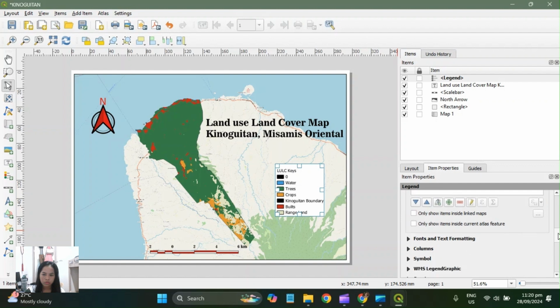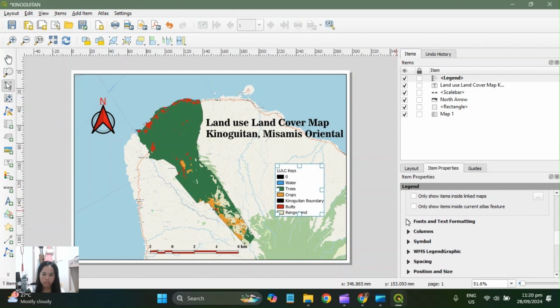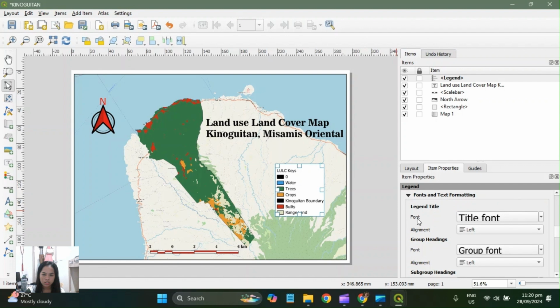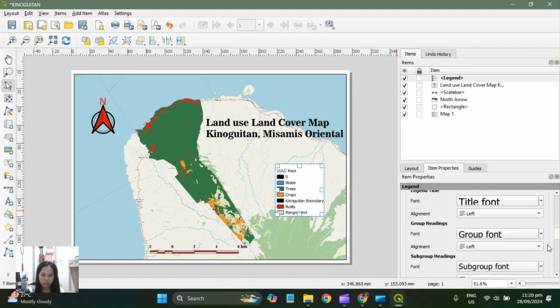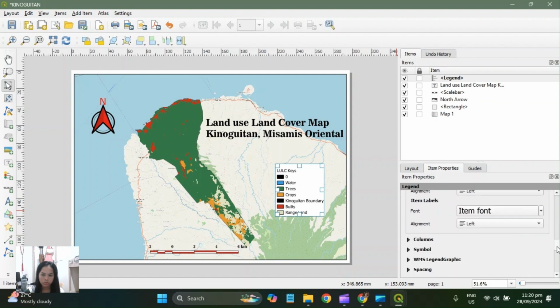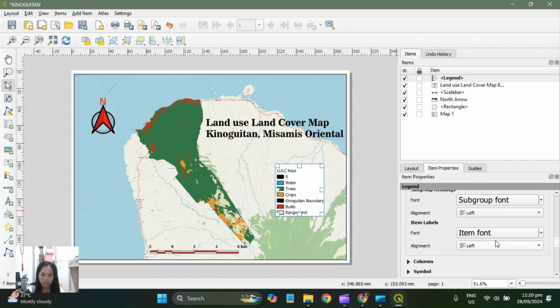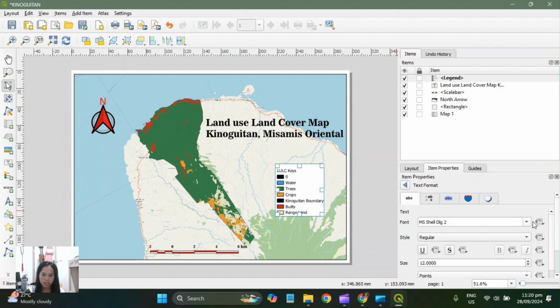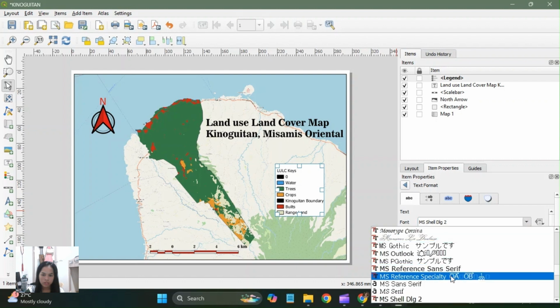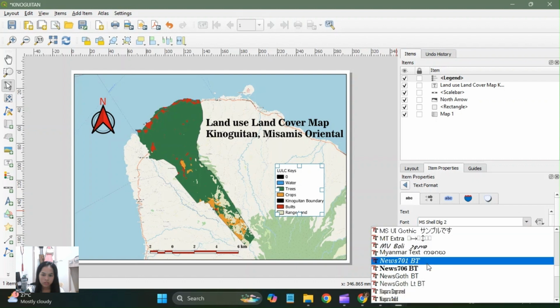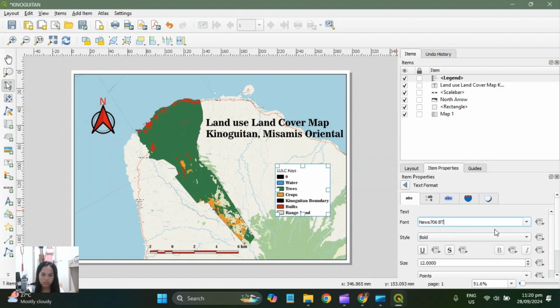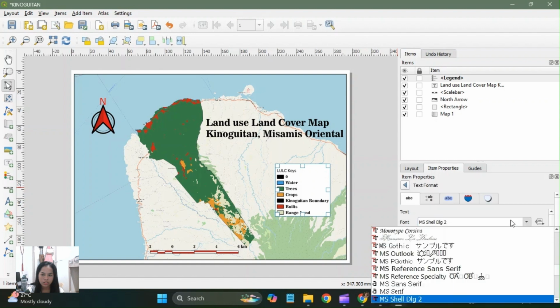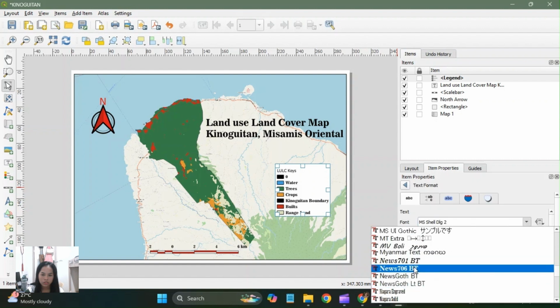So next thing to do is changing the fonts and text format. This time, we'll just need to change the font from the item labels like this. And then for the subgroup font, still this one.